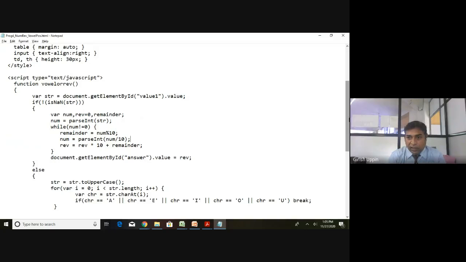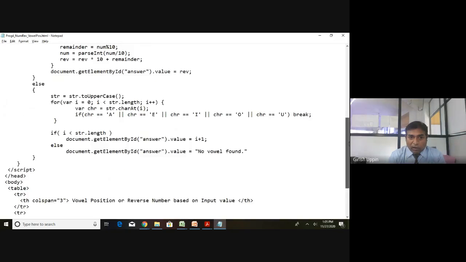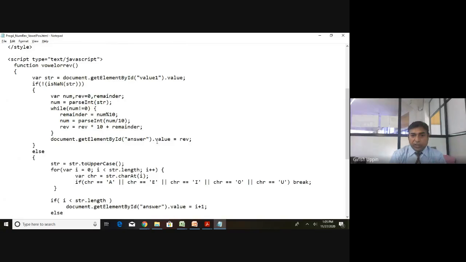What is this answer? If you go to the HTML, the second text box, which is disabled, its id is answer. I get that object, and after getting that object, .value, I am setting its value property equal to rev. So this second input will get the value of rev.